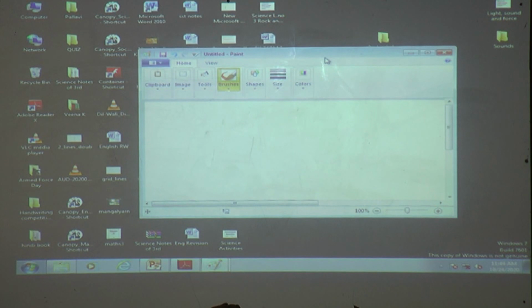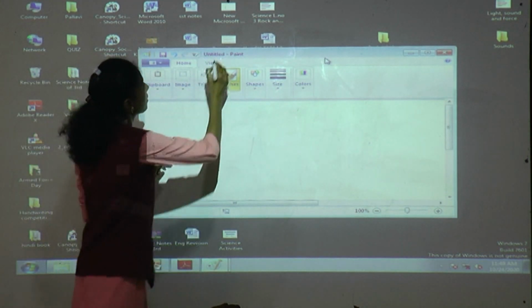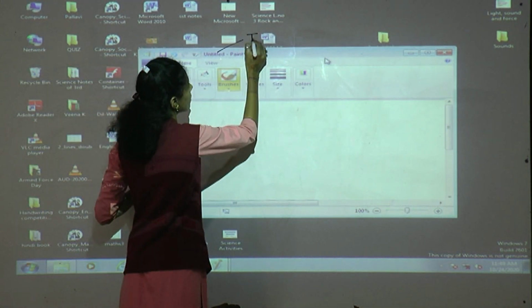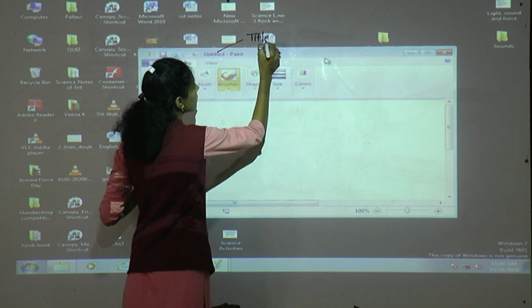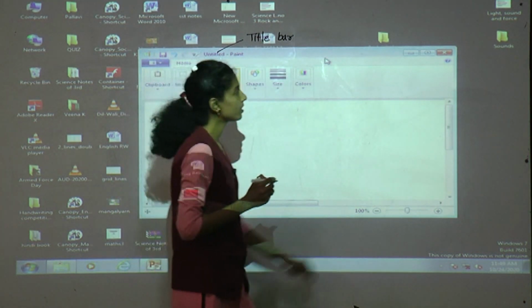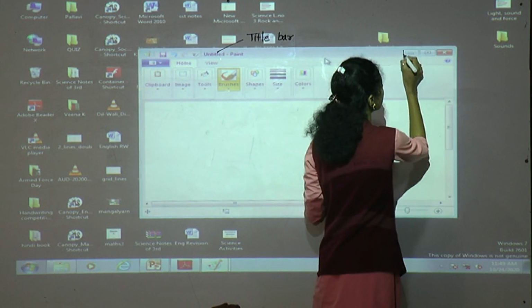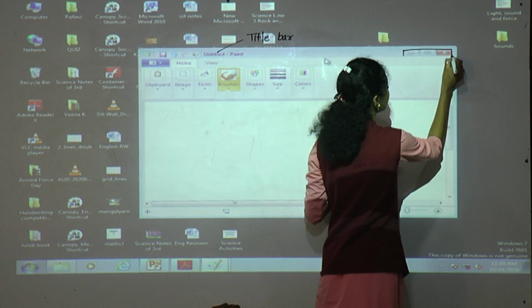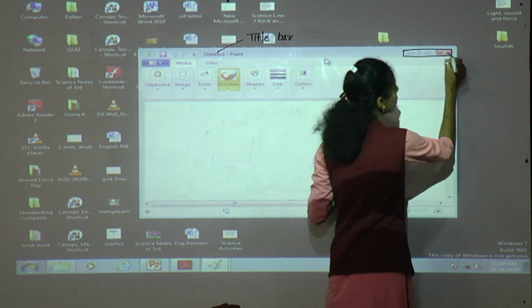Like our notepad, the first one is the title bar. You can see it is untitled. It is the title bar. These 3 buttons are called the control buttons.